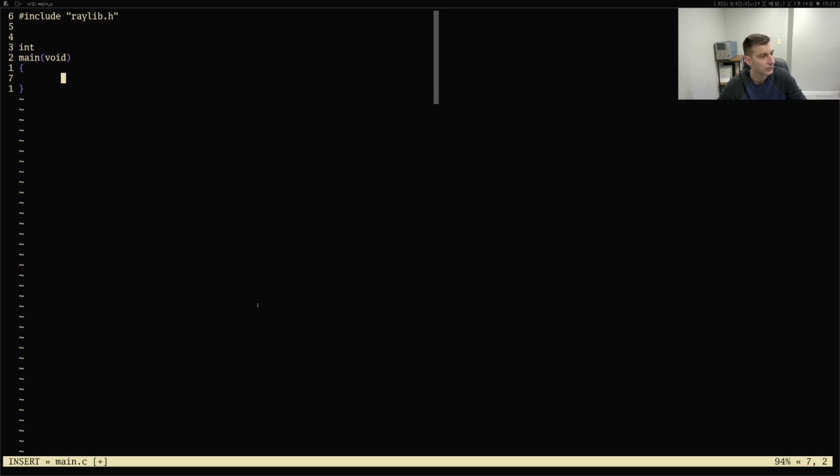Now we'll take no arguments, and the window size doesn't really matter that much for what I'm doing here, because I'm using a tiling window manager, so it's just going to get resized immediately. But we will just copy paste this. For the screen width, to begin with, we'll just do a 720p window, but we'll change this later on. For the window name, we will use Mandelbrot